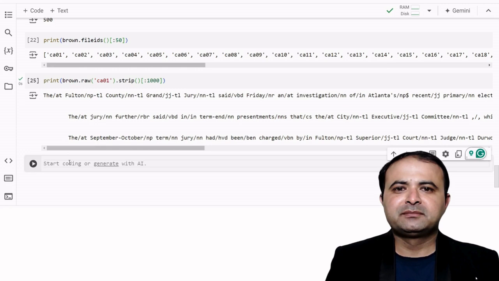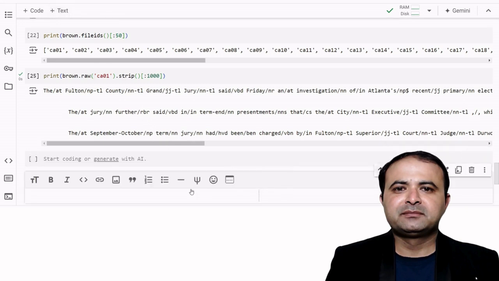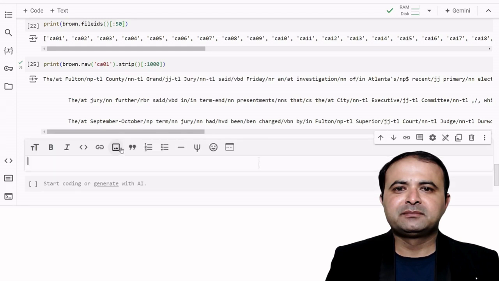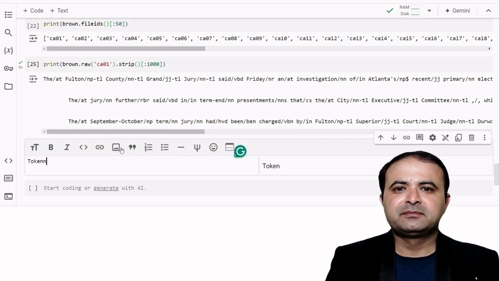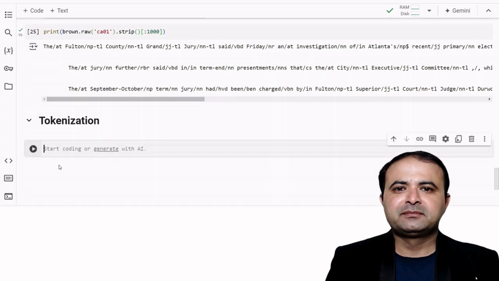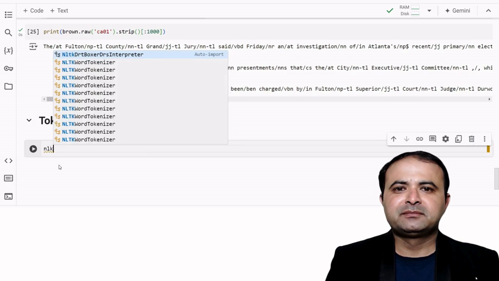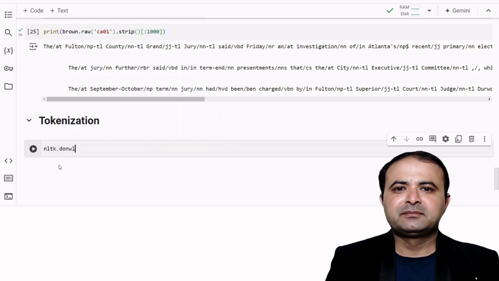And now I want to apply some tokenization again, on some different data set. So once I click on this, you can go back there and import NLTK again, because I have already used NLTK. Download